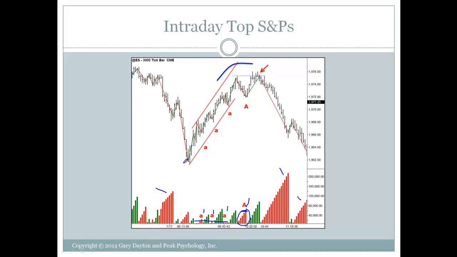We've gone from about 61 here to 76. That's 15 points. That's pretty good. That's pretty darn good in the S&Ps, especially for this time frame. And we get a sign of weakness. This is a sign of weakness right here, followed by an upthrust. And I'd actually take this first. I don't know why I put the arrow there. I wasn't thinking. I'd actually take the first bar that closes underneath here, and then it comes up and